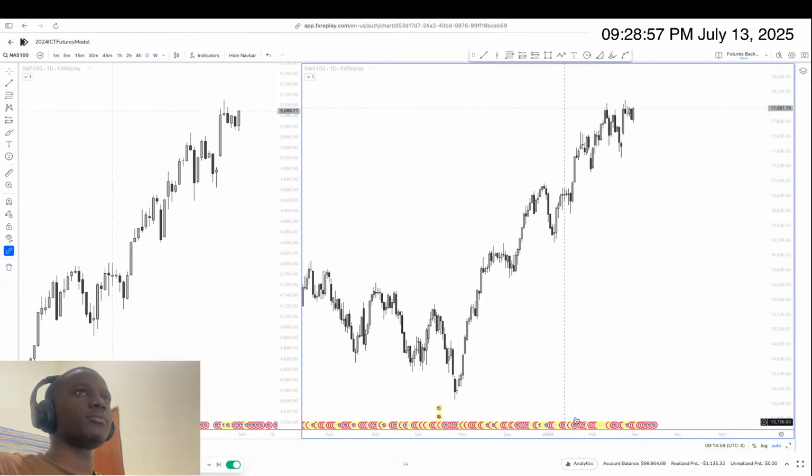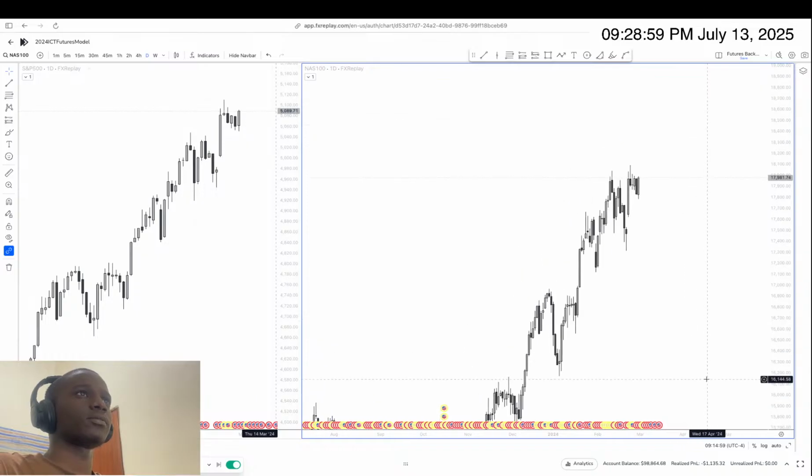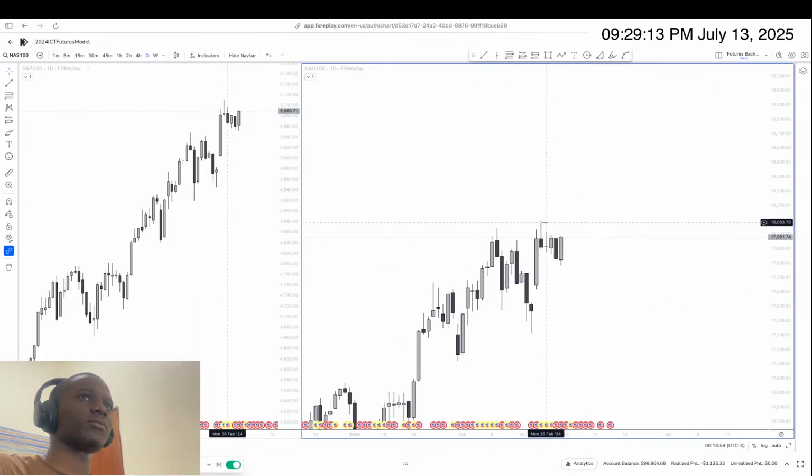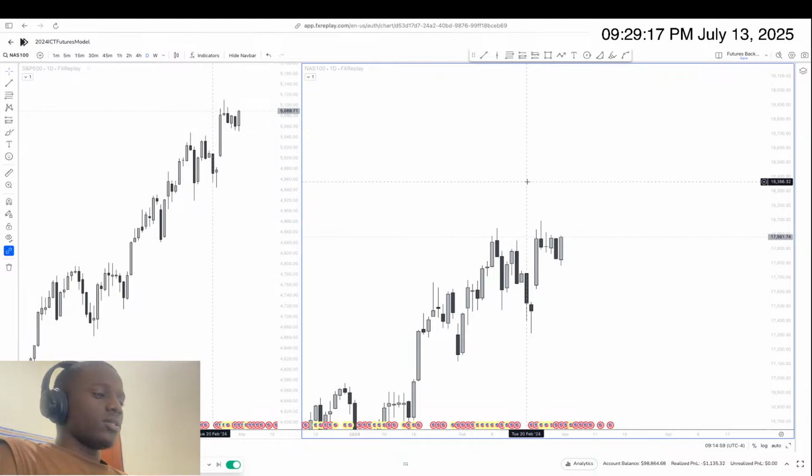Now on the daily time frame, you can see that we're bullish. I have my draw on liquidity, so we're obviously bullish, and we've hit this PD array here. You can see that we have this nice fair value gap, we dropped into it and started to push. So I'm looking forward to these highs getting taken out as well. Although on the 4 hour,